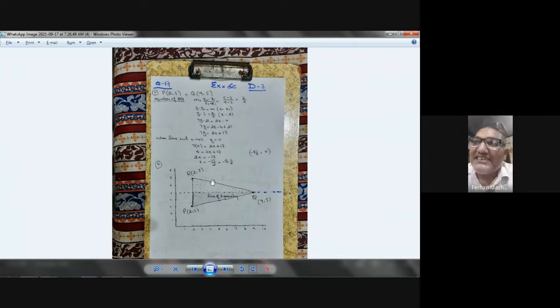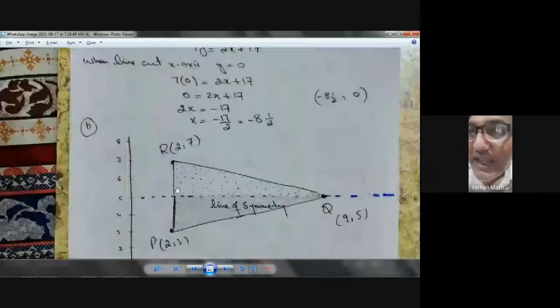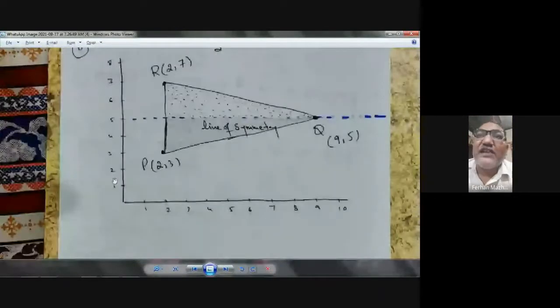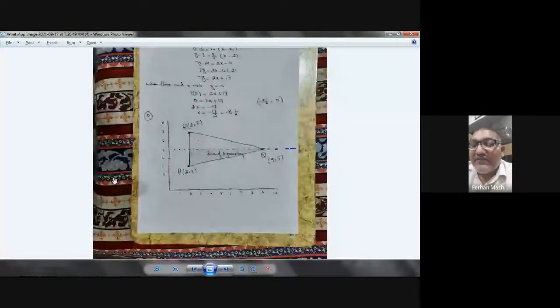Now you can see this is the triangle and this was the line of symmetry. We only know these 2 coordinates, and this coordinate I just found. This can only be done if you actually draw a grid, plot this, and understand the meaning of the line of symmetry. The line of symmetry is a line that will divide the triangle into two equal parts, and when you fold it along that line, the vertices will coincide with each other. So that was the question number 17b part.